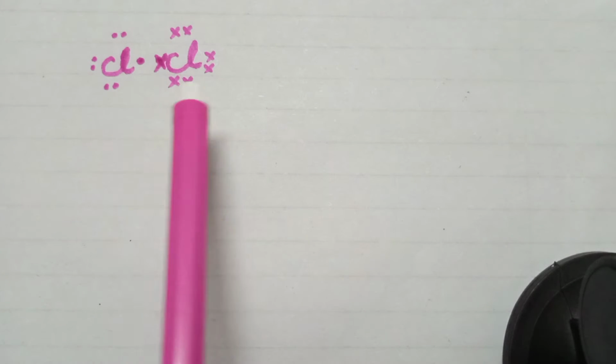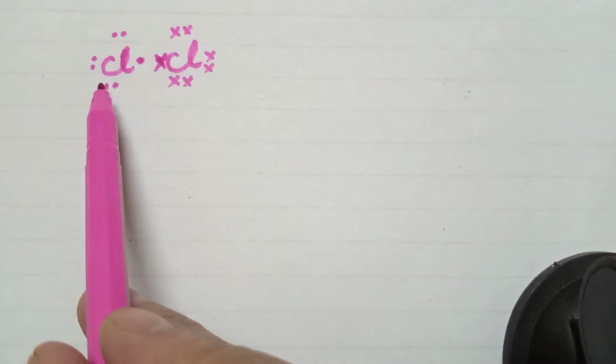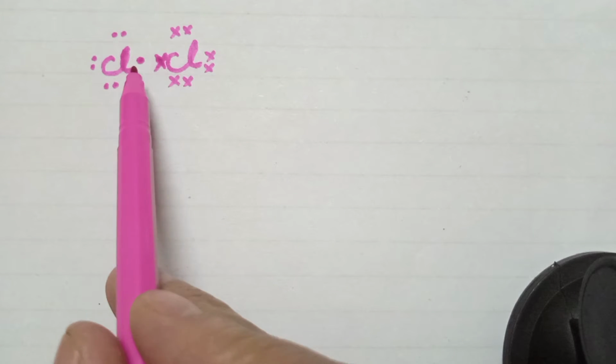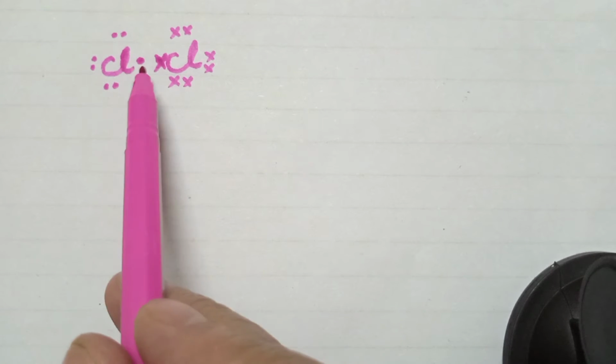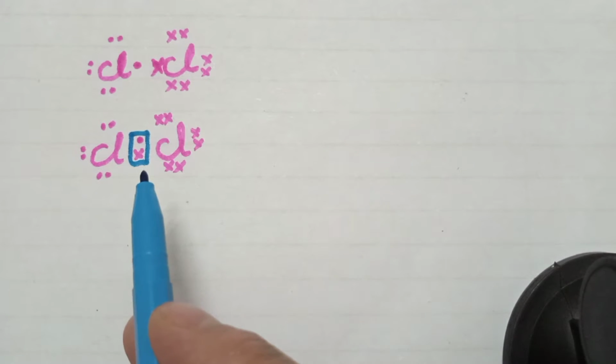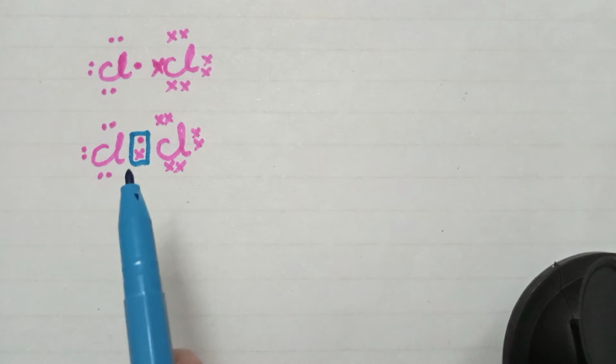Now we take another example of chlorine atom. Each chlorine atom has 7 electrons in its outermost shell, as you can see here, and same is 7 electrons in this chlorine atom. Both of these two atoms share their 1 electron and complete their octet. This shared pair of electrons is equally attracted by both the chlorine atoms, and this pair is equally shared by these two atoms. This type of covalent bond is known as non-polar covalent bond.